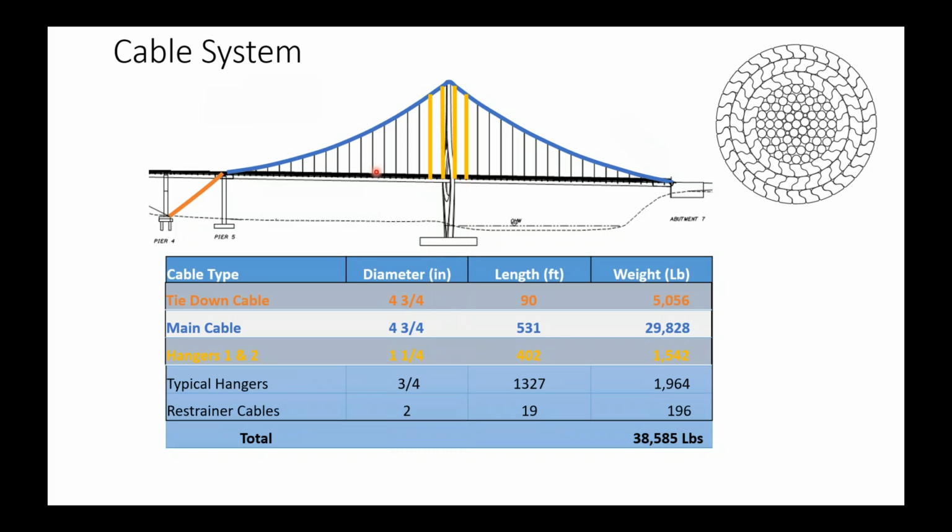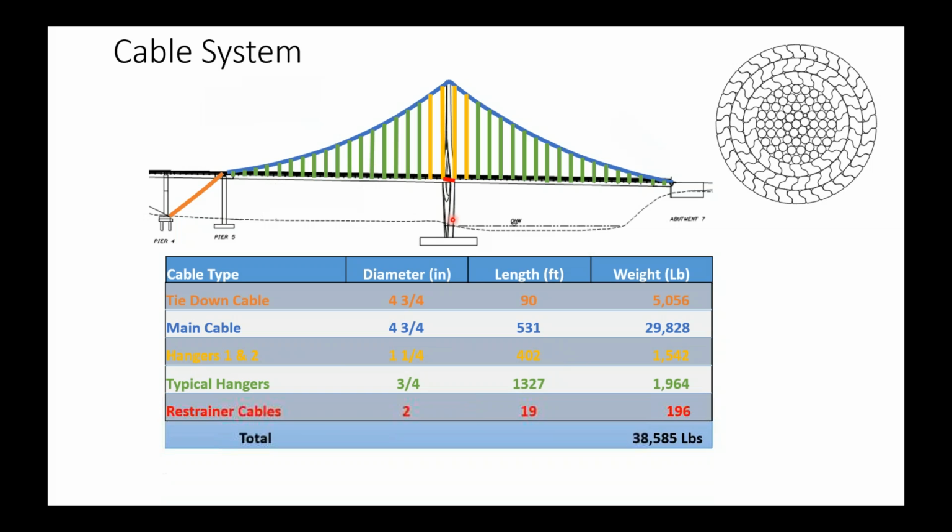So those first 4 cables are a little bit larger in diameter. There's 1 1/4 inch cables. The remaining typical hangers are 3/4 inch diameter. And then finally, we do have right at the pylon a restrainer cable, and that cable centers the deck in the hole in the pylon. Make sure that that deck stays right in the middle. It also stabilizes us a little bit for the wind loads and that lateral vibration from pedestrian live load that